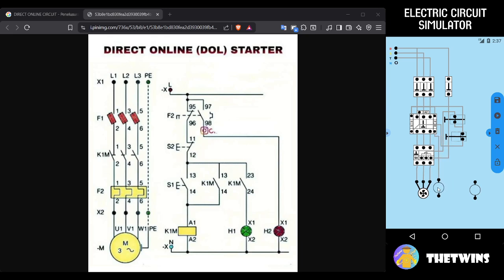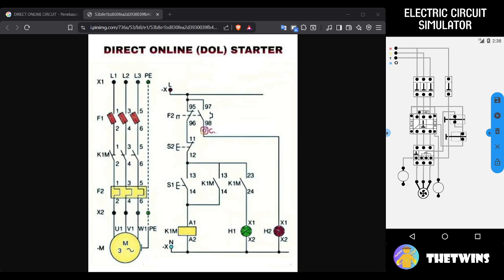Okay, on here. And then from 98 of overload. Oh, you can move here. Just remove and then drag this.